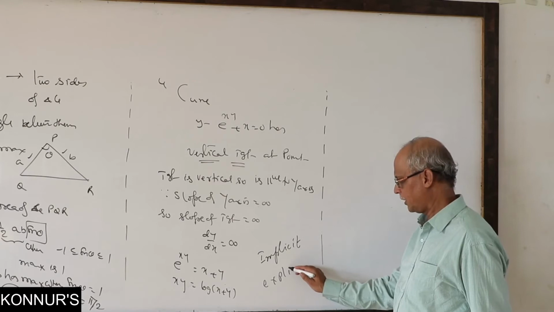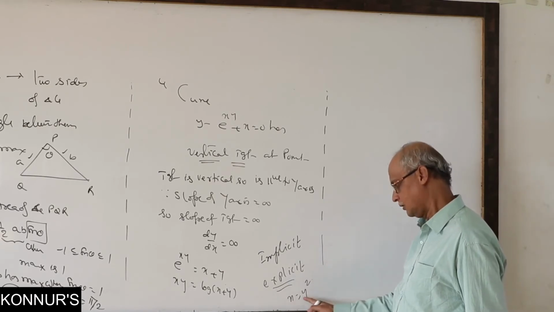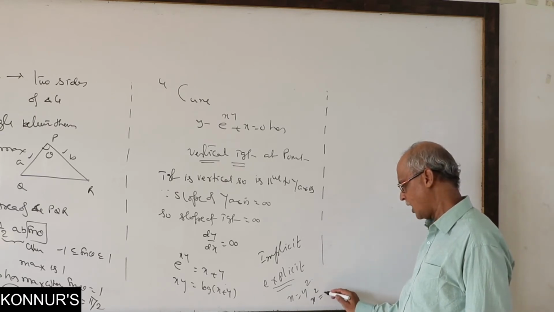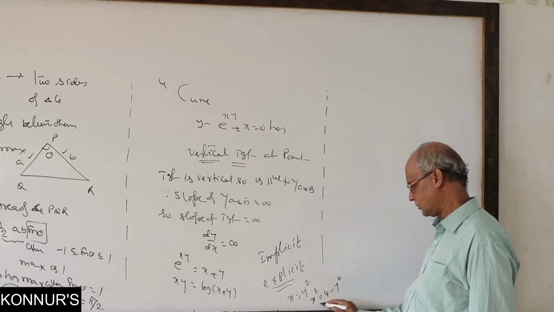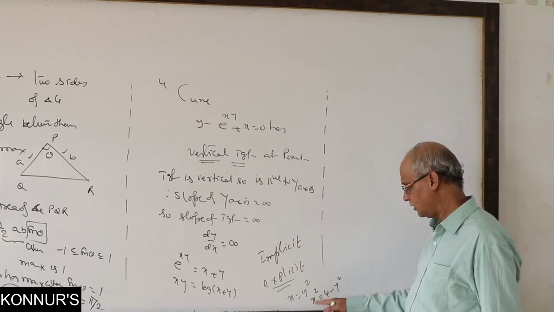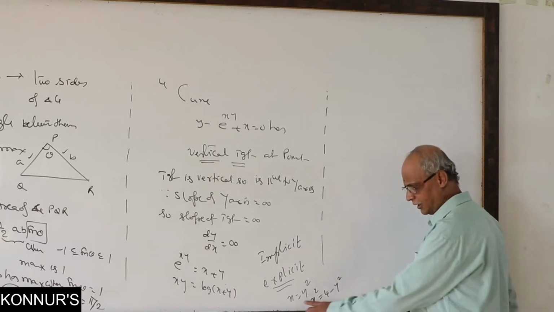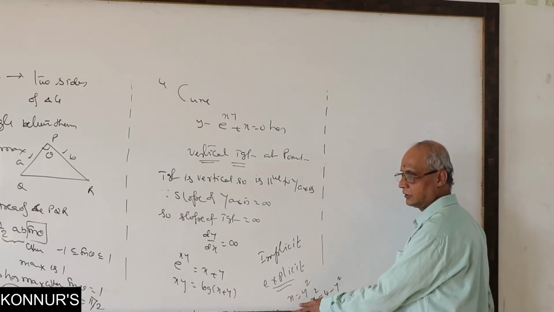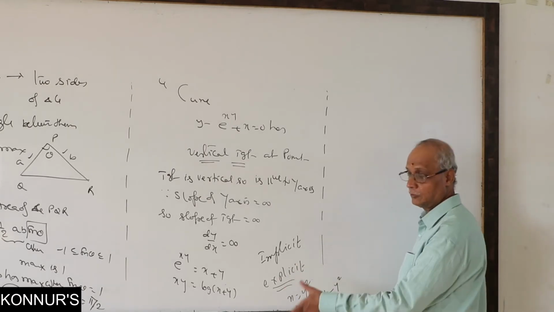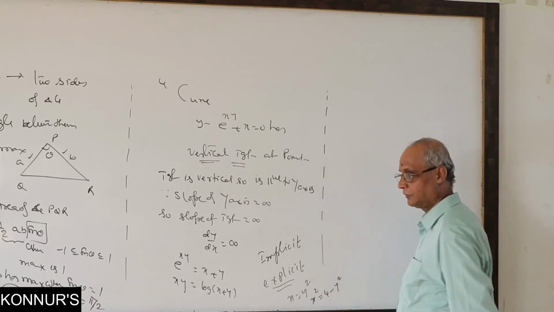If you are able to separate, it is called explicit. Suppose x equal to y square is an explicit function. Very good. If x square plus y square equal to r square, say 4, then x square equals 4 minus y square. We are able to write either x in terms of y or y in terms of x. Any one is enough. Hence we say the function is written as x in terms of y explicitly, exclusively, separately, isolated. All are different words, okay?